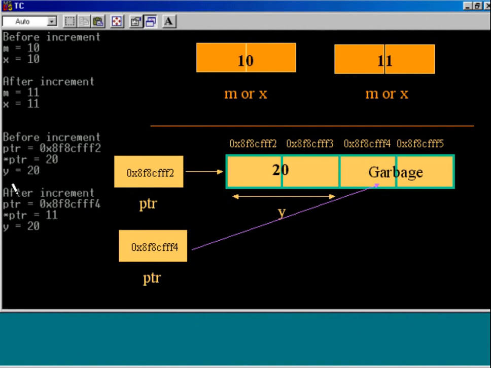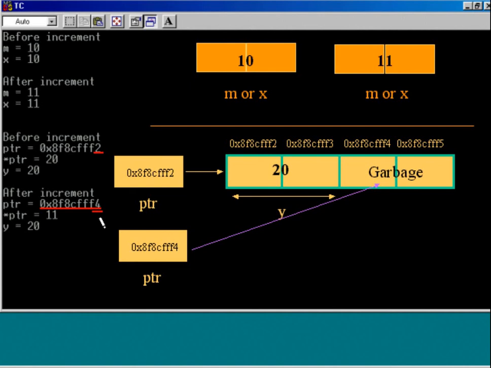Well, in the third statement I have displayed content of variable y. That is nothing but this value 20. Is it clear? Well, now you see, when we increment this pointer variable using plus plus operator, so after doing ptr plus plus, let us see the changes. Address of ptr will become this one. You observe last digit. Here it is 2, here it is 4.